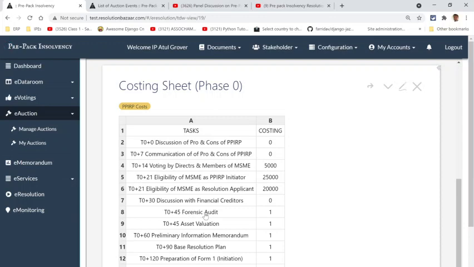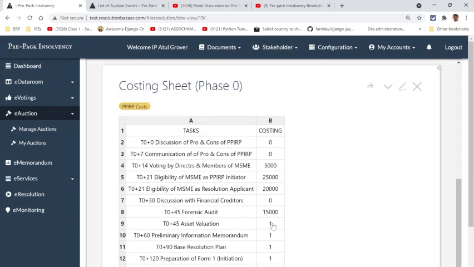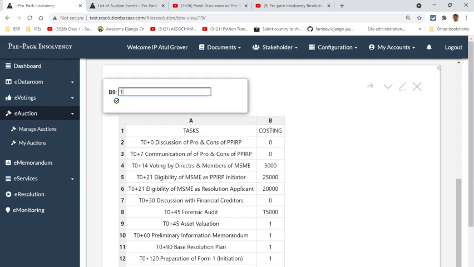So assuming that you're a very small micro company and a forensic audit for the past 2 years, let us assume that a chartered accountant next door charges you say another 15,000 rupees for this. For asset valuation, assuming that again for a micro, there are hardly any assets, however, it will still cost you, say, 10,000 rupees for valuation.